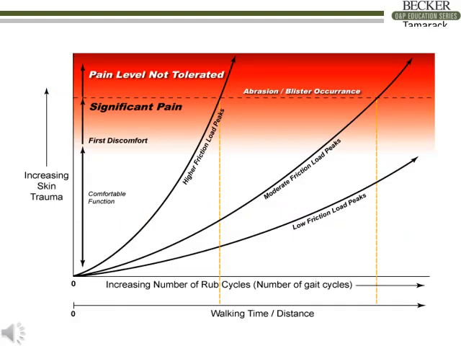Let's look at a graphical representation of Dr. Naylor's statement. The vertical axis of the graph represents increasing accumulation of tissue trauma. The horizontal axis represents increasing numbers of rub cycles. That axis could also represent walking time or distance. Naylor's findings simply state that if the friction loads are high, micro damage occurring with each load application will accumulate to a dangerous level in relatively few cycles. If the friction loads are lower, the person may walk farther, sustain more rub cycles, before experiencing a serious level